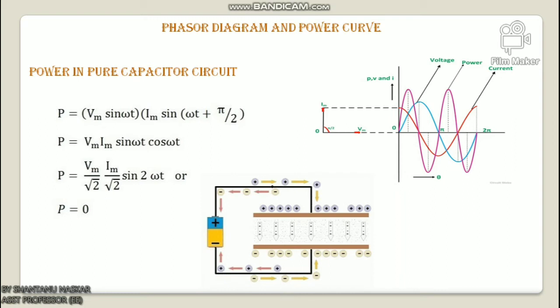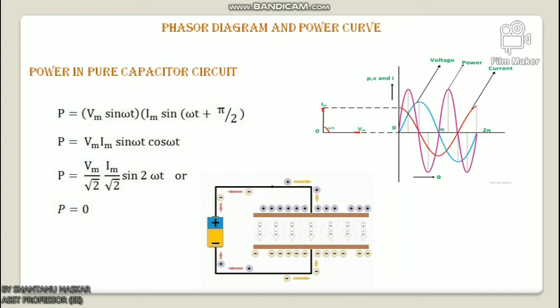That means there is no flow of current at that time. When the value of voltage is decreased and reaches a value pi, the values of voltage start getting negative and the current attains its peak value. So as a result, the capacitor starts discharging. This cycle of charging and discharging of the capacitor continues.